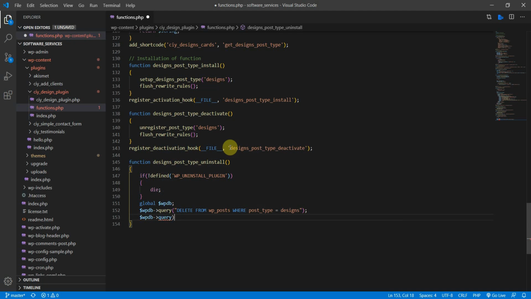and query, oops, then we need to delete the meta from wp_postmeta, where post_id, so it should not be in, then select id from wp_posts, and we need that bracket there and semicolon at the end, and then the last thing we need to delete from is the